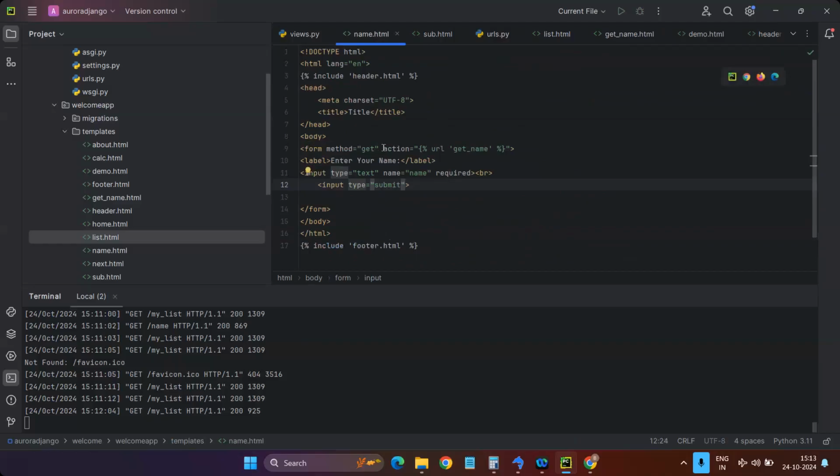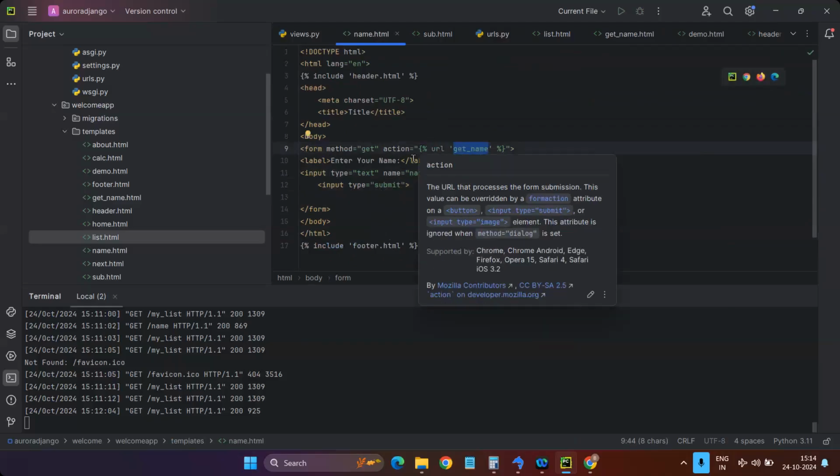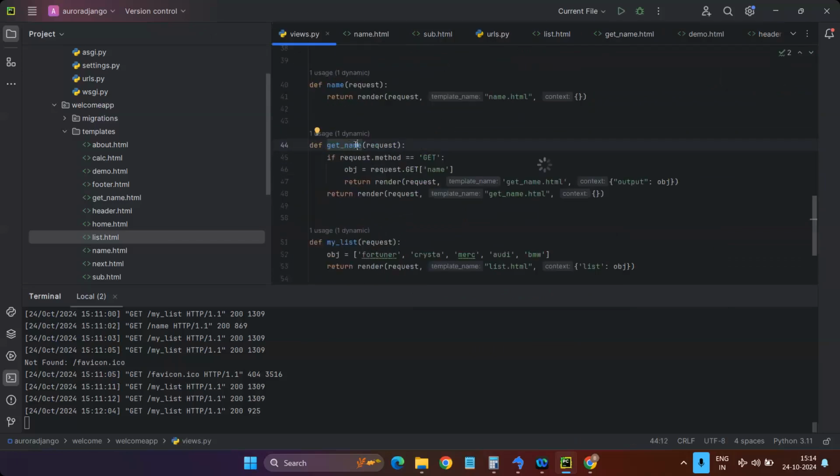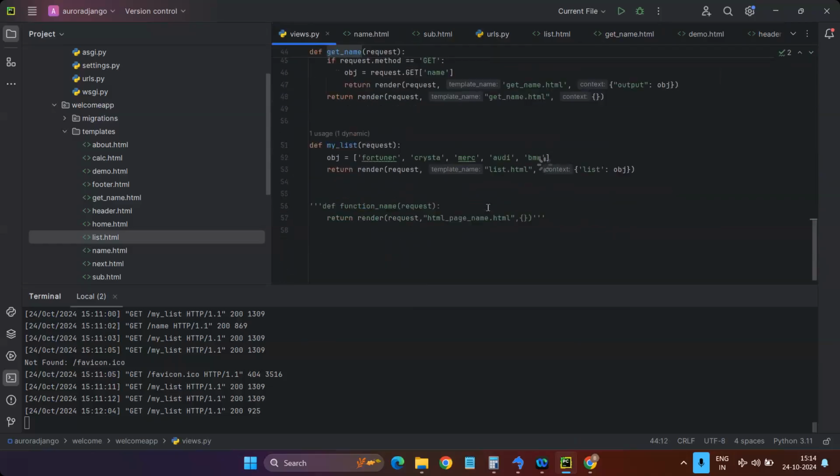name.html form tag. In this form tag, I have given action. In the name itself, you can understand that if I try to do something here, the action should be done related to this function name. If I click on the submit button, it will go to this function name, and it will go to this page. Okay, that's it. If you try to practice it more and more, then you will get to understand the